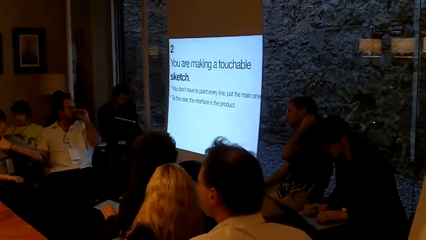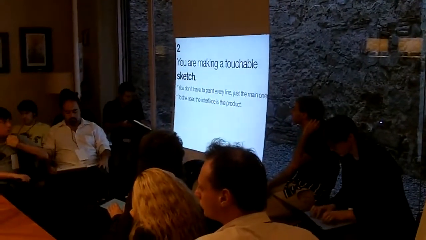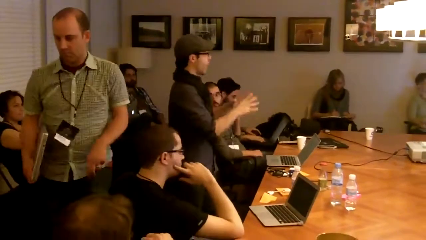Number 2 or 3. You're making a touchable sketch, and the most important thing about sketches is that you don't color in every line. If you do, it actually ruins the sketch. So when you're creating a prototype, don't do everything, right? Choose the big things that give you the overall sense. You don't have to make everything. Similarly, the interfaces, the products, which means you can take all sorts of shortcuts to get around the edges, to just give people the sense of what this thing is, even if there's no back end there, right? Even just an image comes up when you click on the edit button.